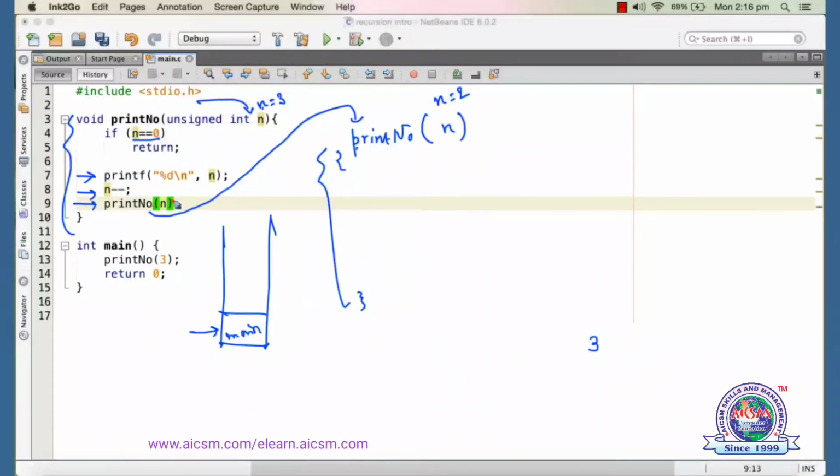But here, as you can see, it's the last statement, where we are just calling the function itself. That means the recursive call is made as the last statement of the function. On completion of the recursive call, when the control gets back here, we do not have anything left to do